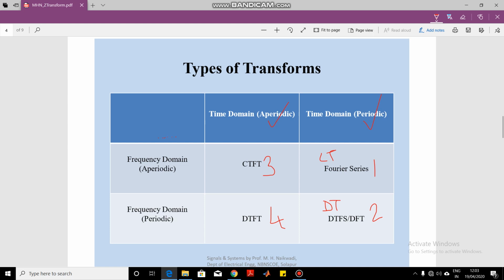When the signal is aperiodic and it is continuous time, we go for a transform called the continuous time Fourier transform. And when the signal is discrete time,